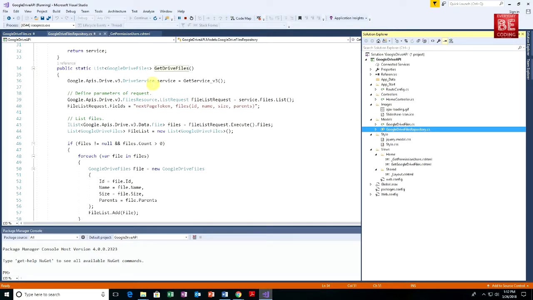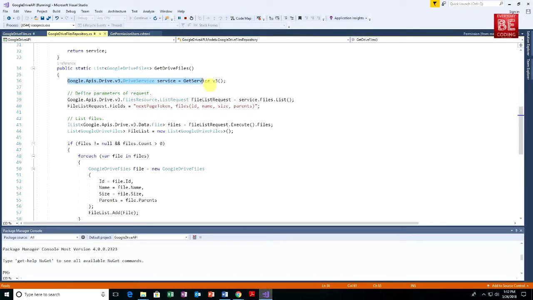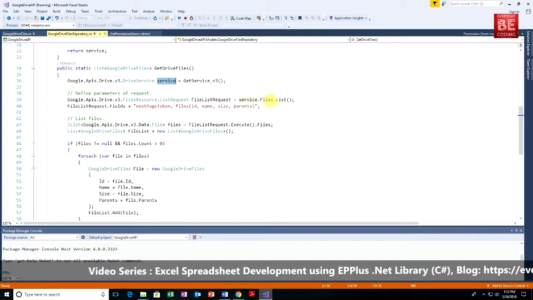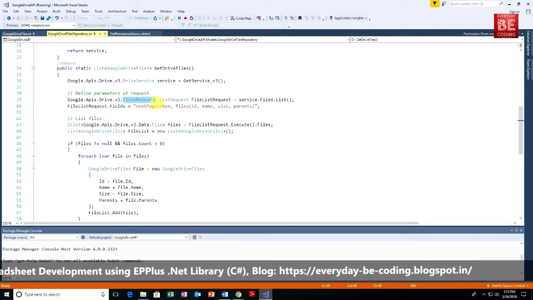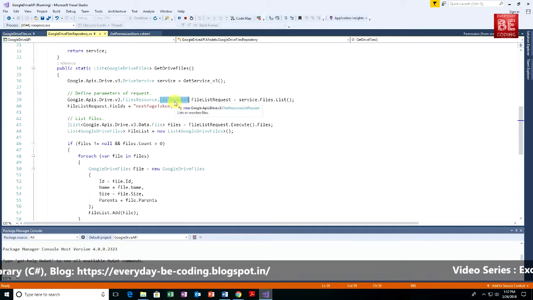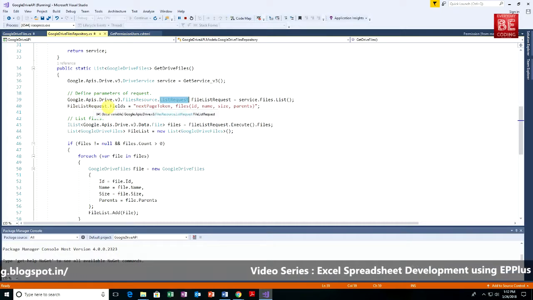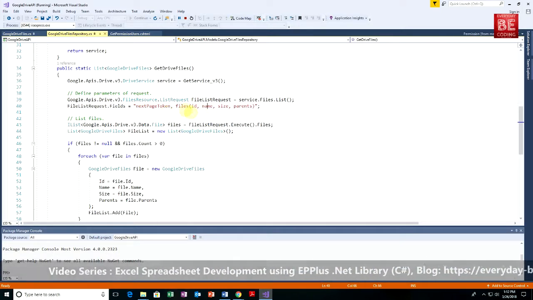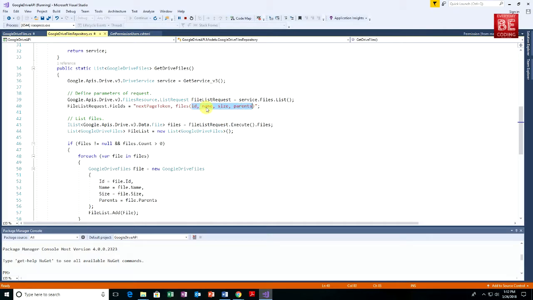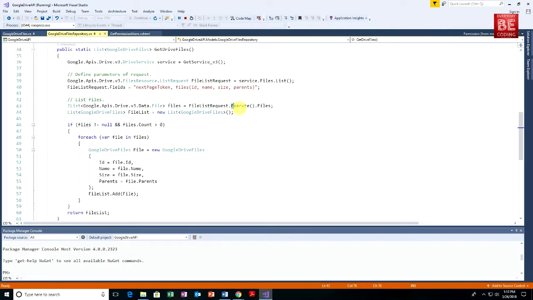Okay, so the GetDriveFiles method gets the service information by using the DriveService class object, service, and after that this service requests a list of files by using the FilesResource.ListRequest class. This ListRequest class is of type Google.Apis.Drive.v3, and I am setting specific four properties. I want ID, name, size and parents. These four properties I need. I pass them by using the Fields property of this specific class object, FileListRequest, and this FileListRequest class is executed by the Execute method,